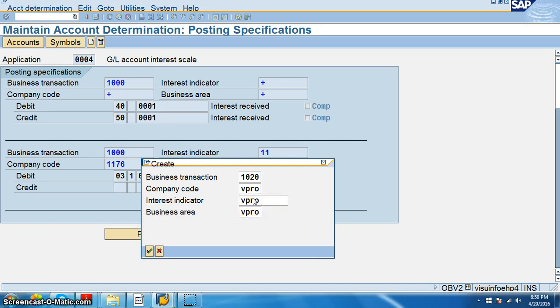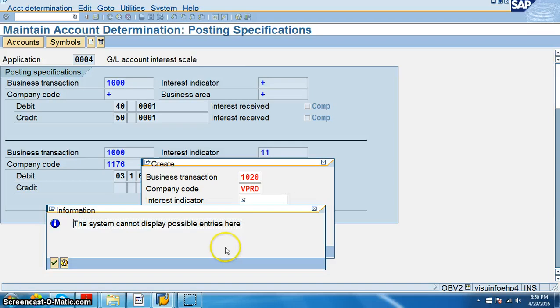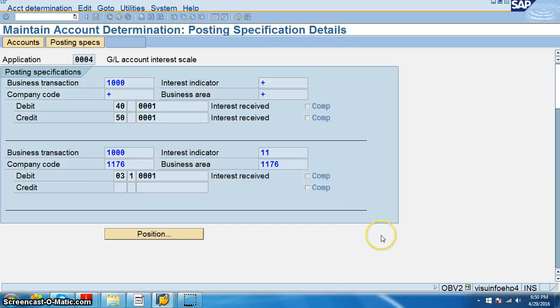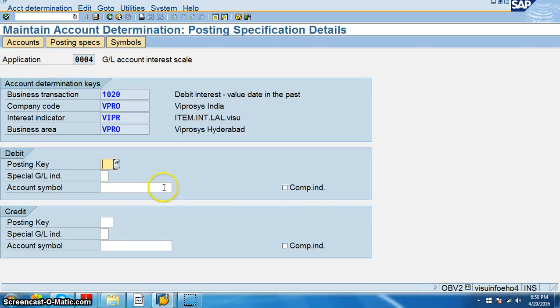Business area is also VPRO. What is the interest indicator that you defined? Yeah, VIPR. We created it as VIPR.